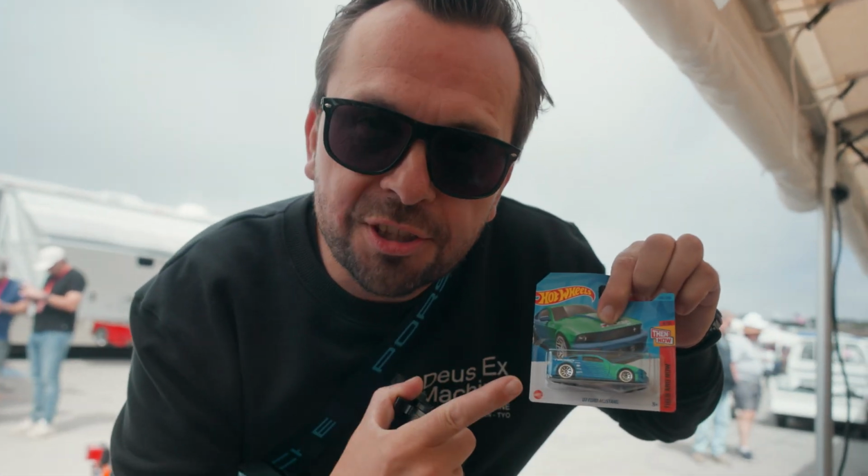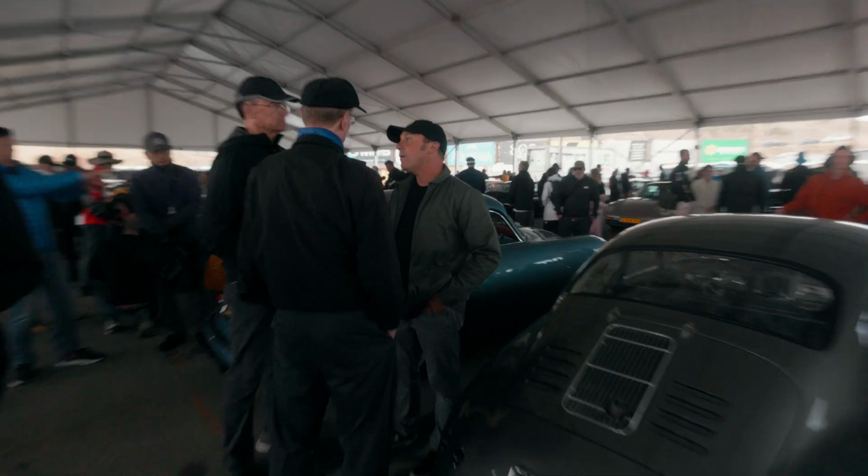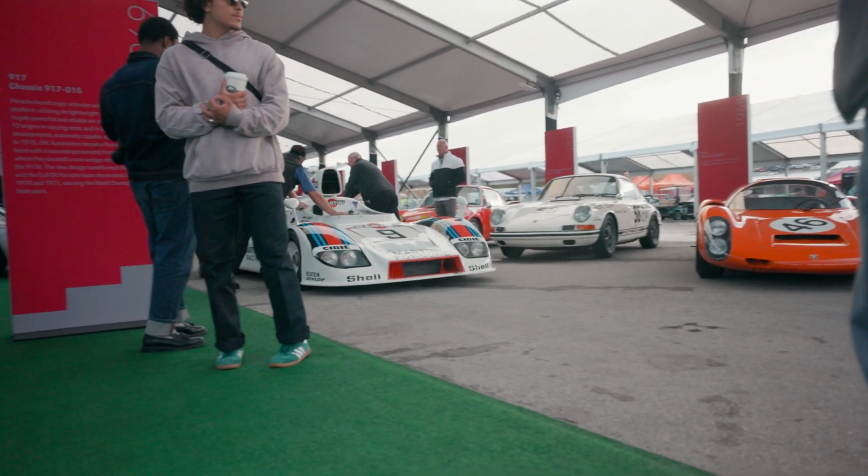Number one, the people. I got to see some of my close friends in the Porsche community. I got to see Rod Emery. I got to talk to Jeff Zwart for a little bit, get some photos with him. It was awesome. People were so accessible. In fact, I got stopped by Julian, and I'm actually going to have Julian share his Road to Rennsport story